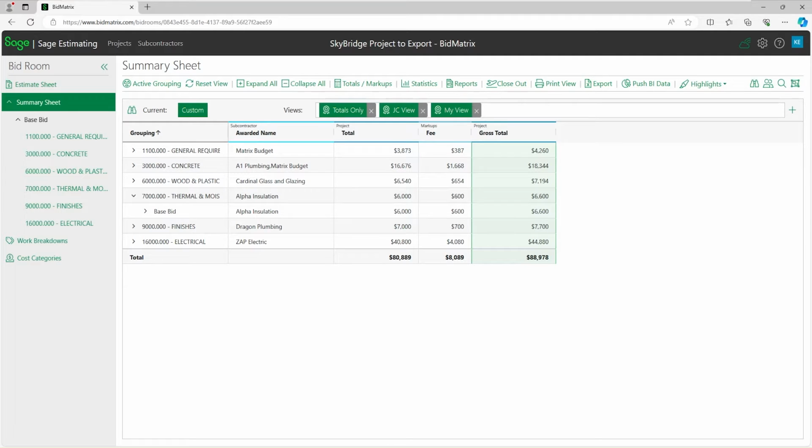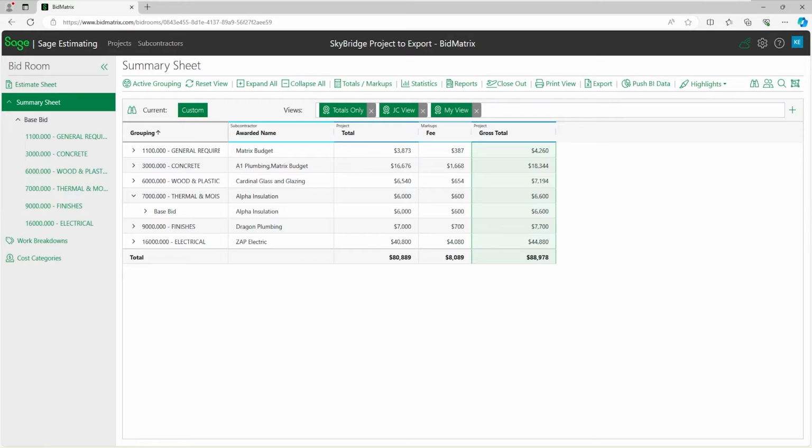And today we're talking about BidMetrics release 3.3 that just came out not too long ago. We've been talking about SkyBridge, which is a program that lets us take Sage estimates and WinEst estimates from their native products and import them into SkyBridge, and to be able to do something called a closeout, which would also then turn around and create a new estimate in the appropriate product from my BidMetrics estimate.